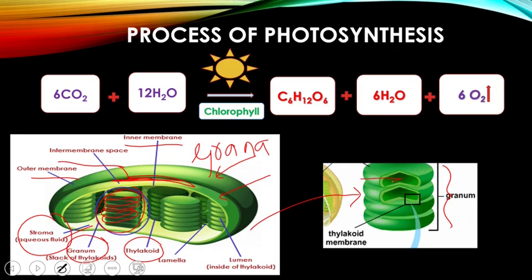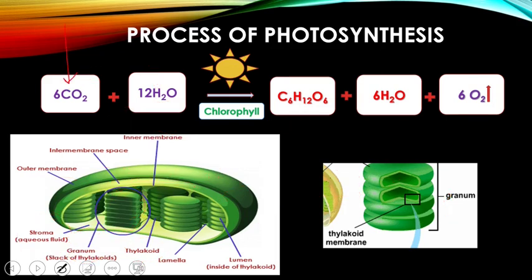If you see this thylakoid, it is hollow inside. Inside it has a lumen, and students, this lumen is filled with water. This water from the lumen splits up, giving electrons to carbon dioxide, so that carbon dioxide will accept the electrons, that is hydrogen, and it will form carbohydrate. So from where is the carbon dioxide taken? From the atmosphere. From where is the water taken? From this lumen inside the thylakoid to form sugars in the presence of pigment chlorophyll.